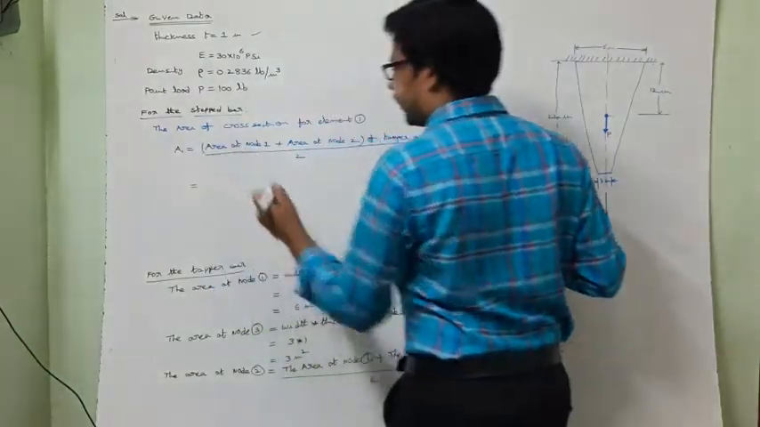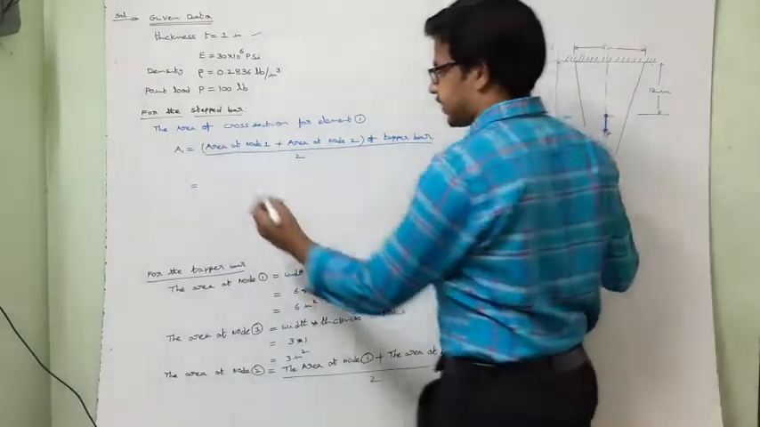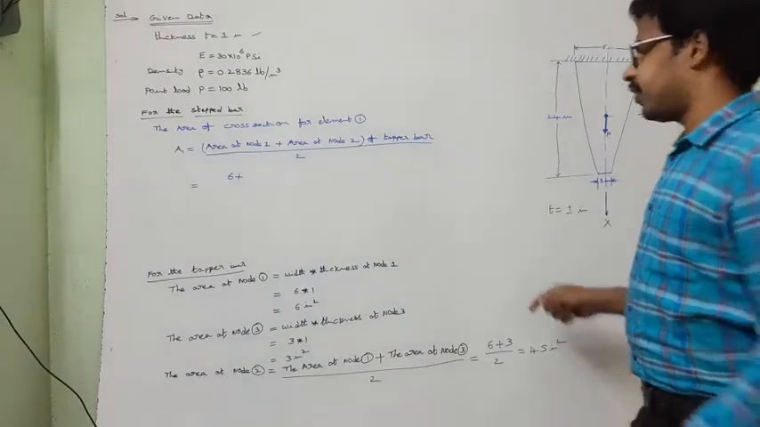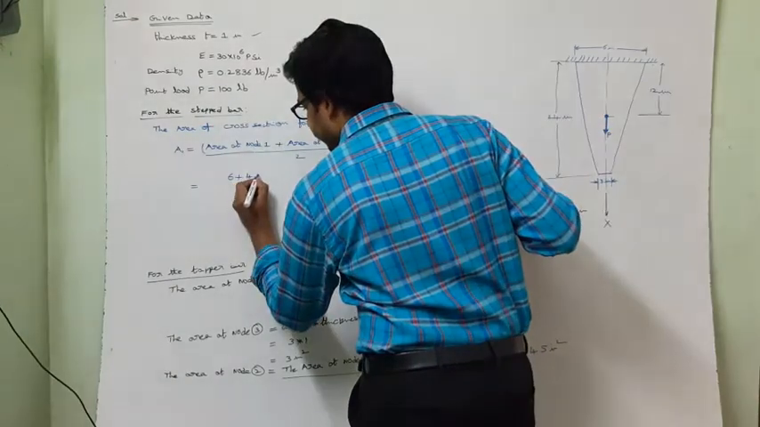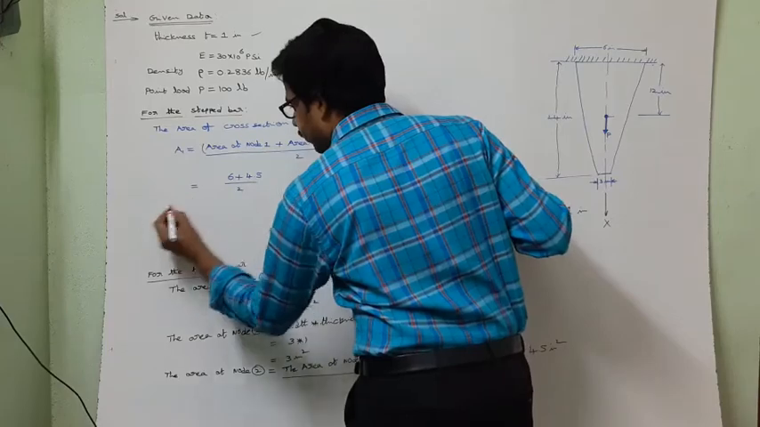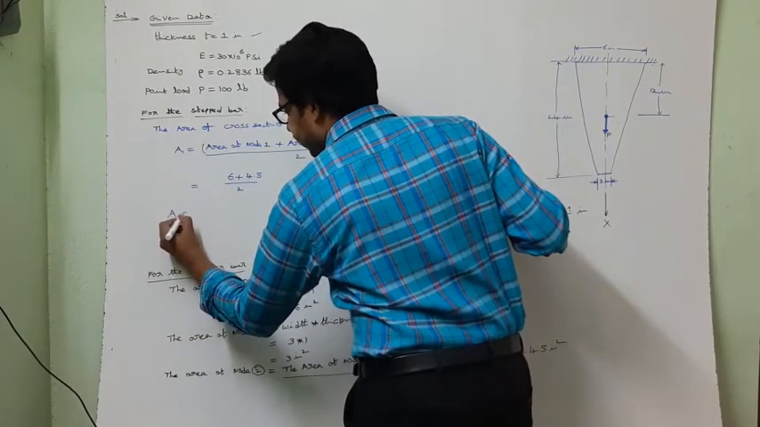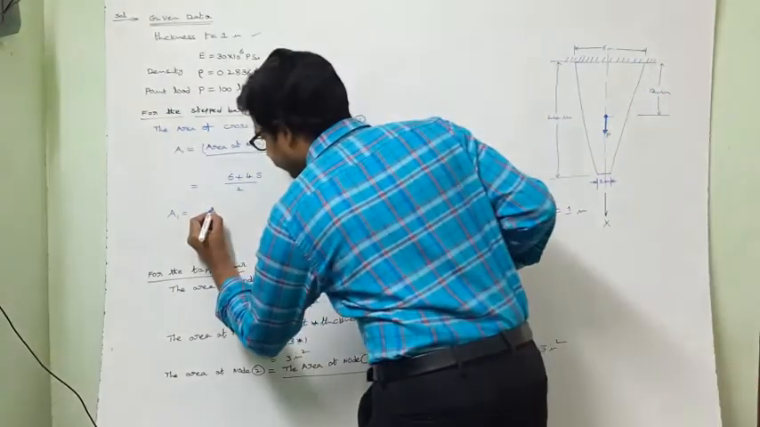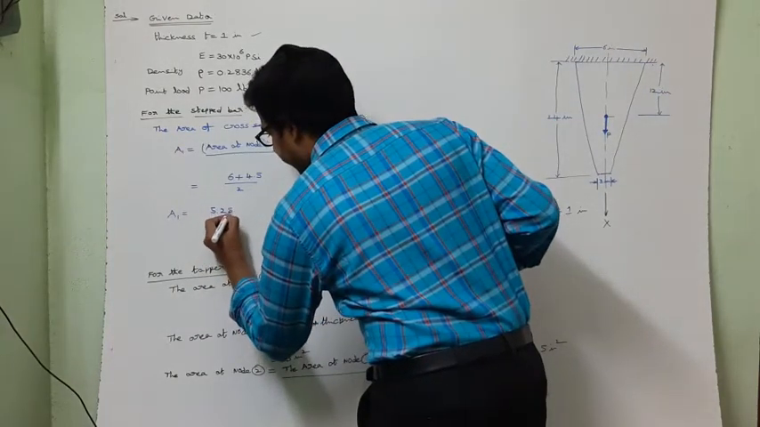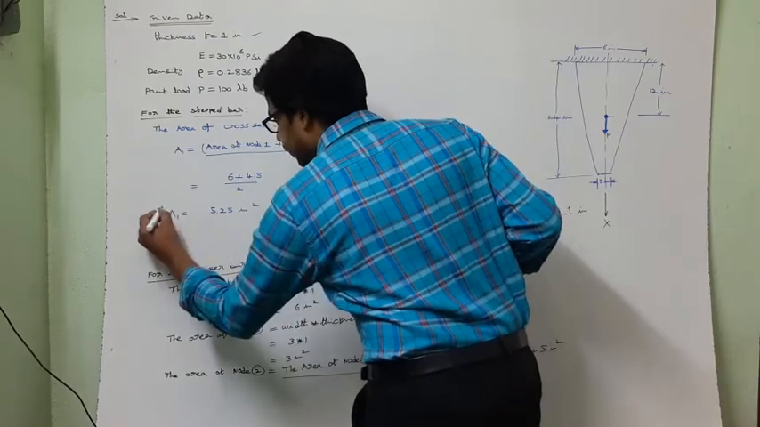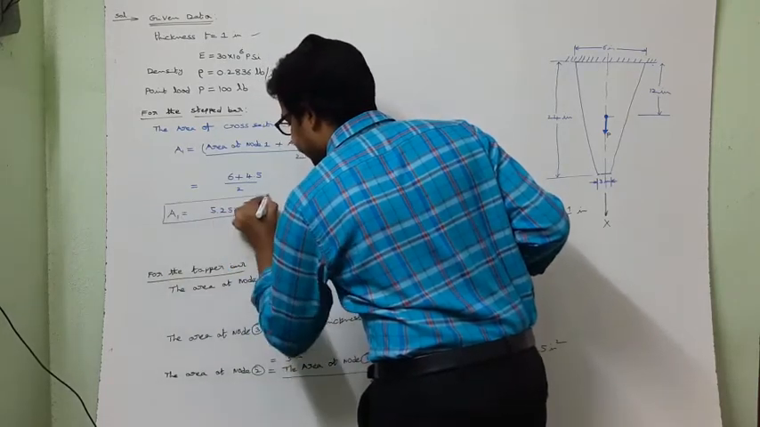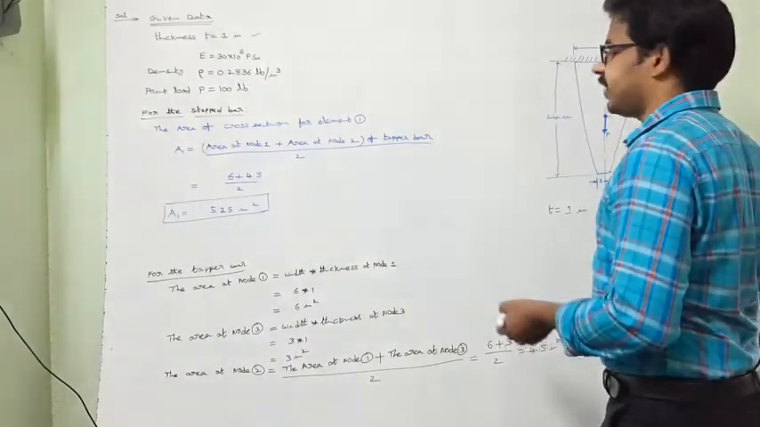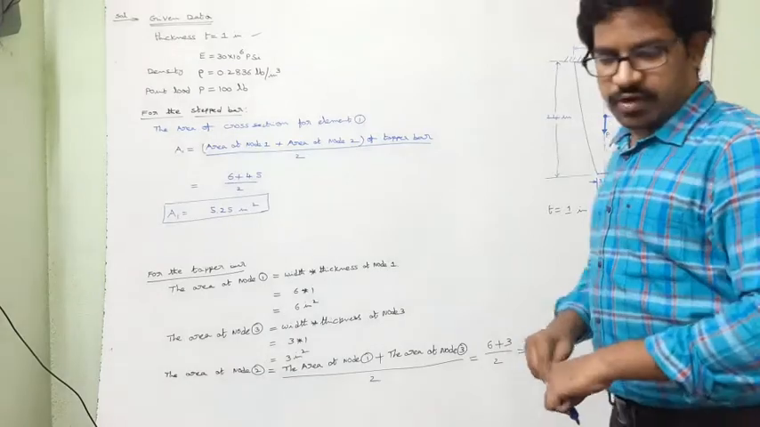So here, area at node 1 is equal to 6, plus area at node 2 is equal to 4.5, whole divided by 2. That means A1 is equal to (6 + 4.5)/2, which is 5.25 inches square. This is the cross sectional area of element 1. Coming to the second one,